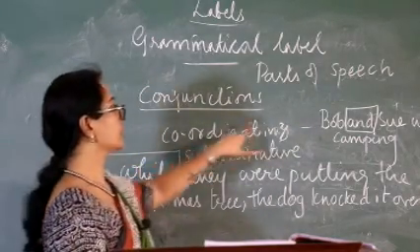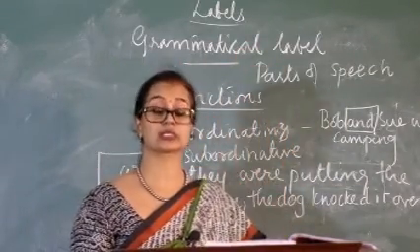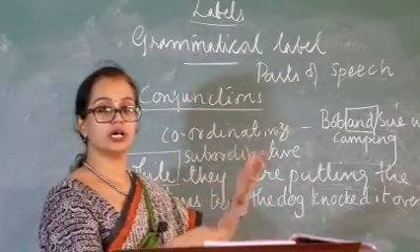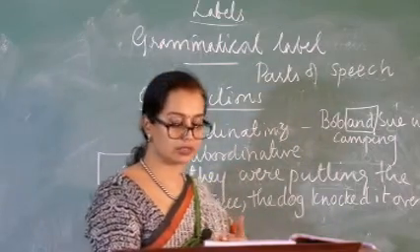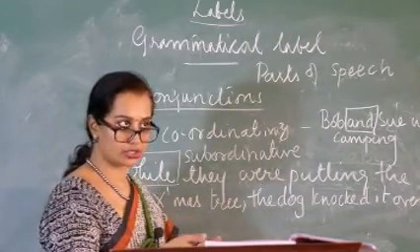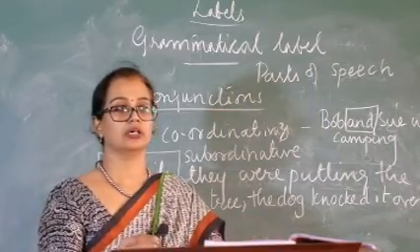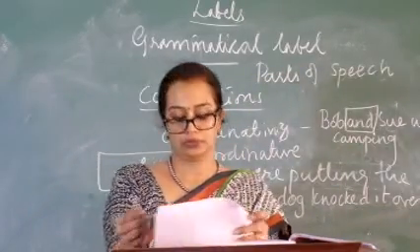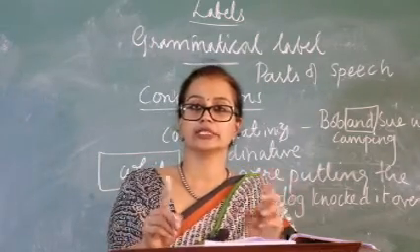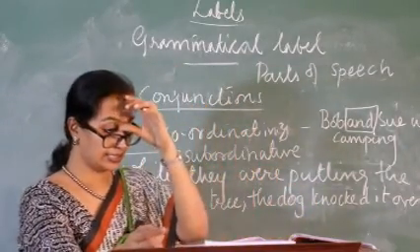Alright, coordinating conjunction, Bob and Sue went camping, the squirrel ran up the tree, but I still got a picture of it. So that's a coordinating conjunction. Yes, again this is something that you learned at high school, 8th standard to be precise. Now next is correlative conjunction. Correlative conjunctions are pairs, neither nor, not only but also. All these are correlative conjunctions.